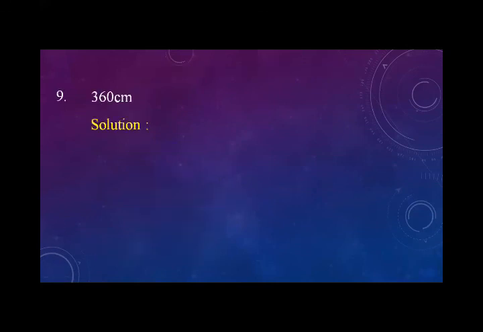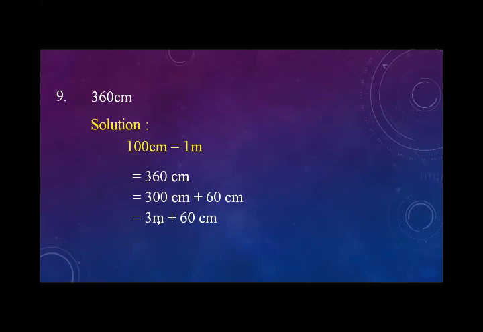Now moving to the next question, number 9, that is 360 centimeter. You will solve in the same manner. 100 centimeters is equal to 1 meter. Write the question again. First of all, you need to break this 360. You write 300 separately and 60 separately. You know that 300 centimeters is equal to 3 meters, because 100 centimeters is equal to 1 meter, and 200 centimeters is equal to 2 meters. So 300 centimeter is equal to 3 meter plus 60 centimeter. Your answer is 3 meter 60 centimeter. This is your answer in meters and centimeters as the question requires.